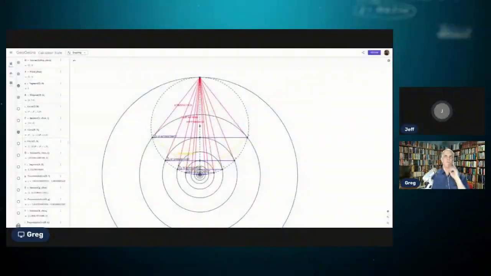So maybe I have to stop sharing and then start again. Sorry. Let me try it now. Yeah, you definitely have to hit stop. Okay, I have to stop sharing and then start sharing. Okay, now I got it. Let me try that one. This looks like the right one. No, that's the other one I did already. Okay, here we go, this one right here. Now give me a second to share. Hopefully you can see it.